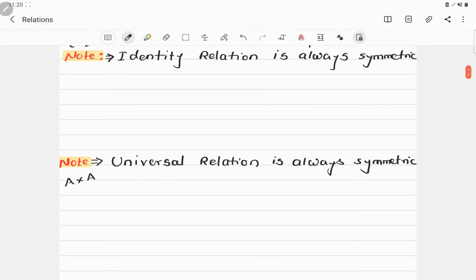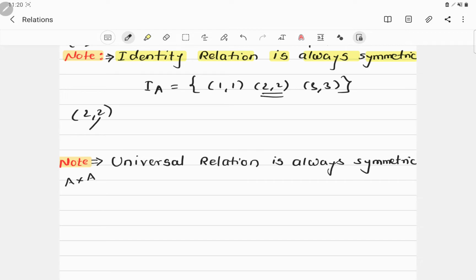Okay, then this is the important note that you have to write down. Identity relation is always a symmetric one. Why? Every one of you knows the identity relation is like (1, 1), (2, 2), (3, 3). So friends, if I take any particular ordered pair from it, (2, 2), even if you change the positions, it looks like (2, 2), and it belongs to this relation R. Therefore, this is the sentence: identity relation is always a symmetric relation, right?